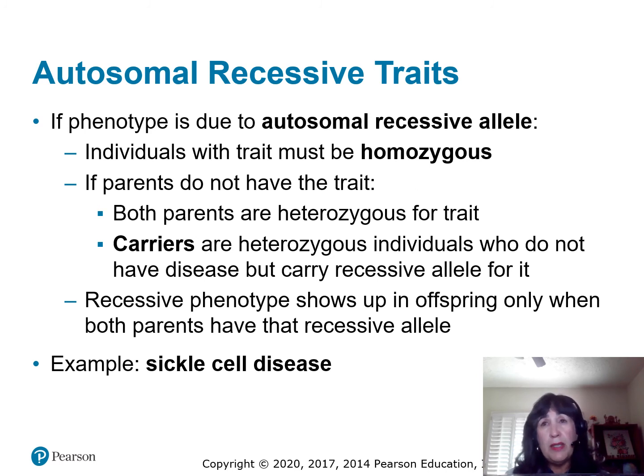So usually what's happening in this case is that one or both of the parents are carriers, and they don't realize that they're carriers because usually they have a dominant trait, and that dominant allele is actually masking the recessive one. So they're a carrier, and oftentimes they don't know it because it's a recessive trait.